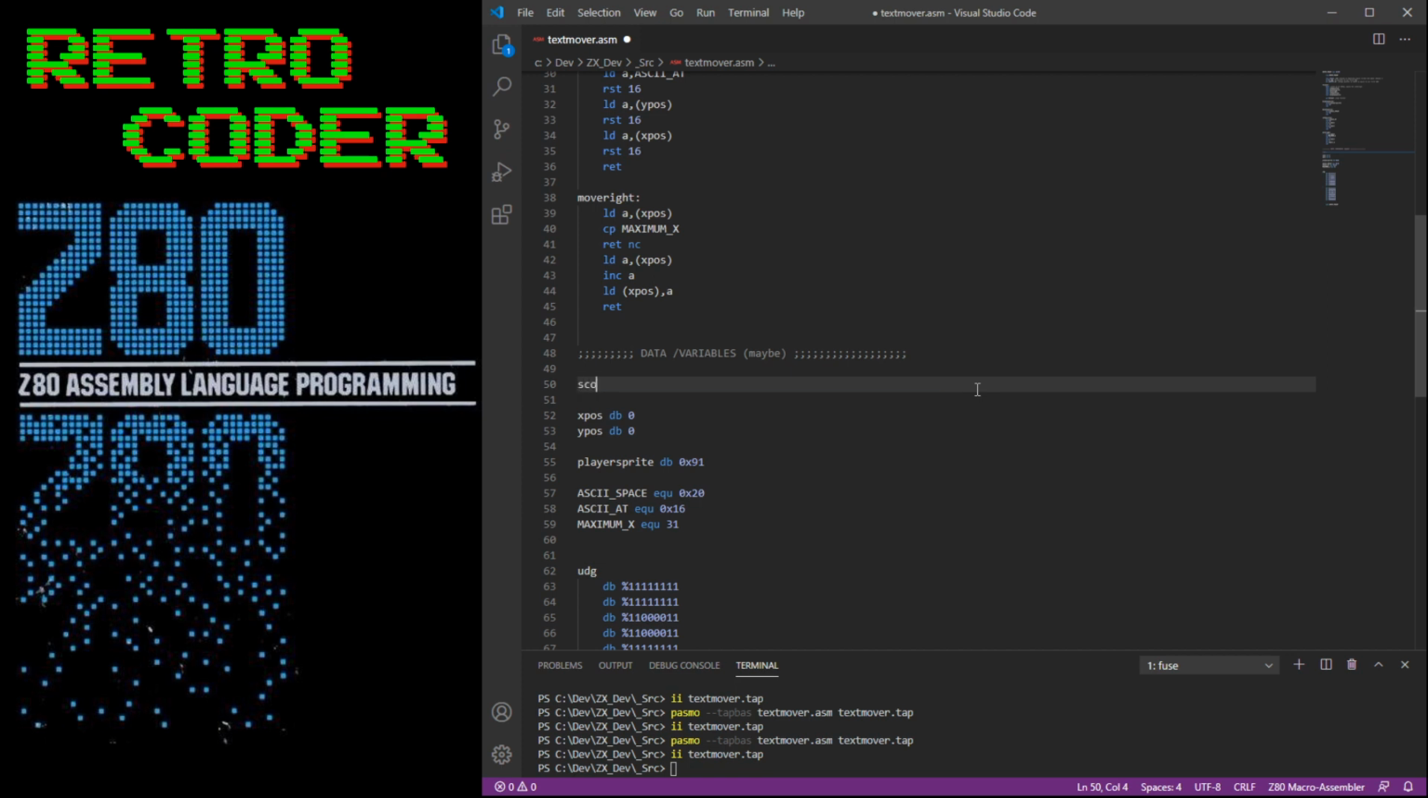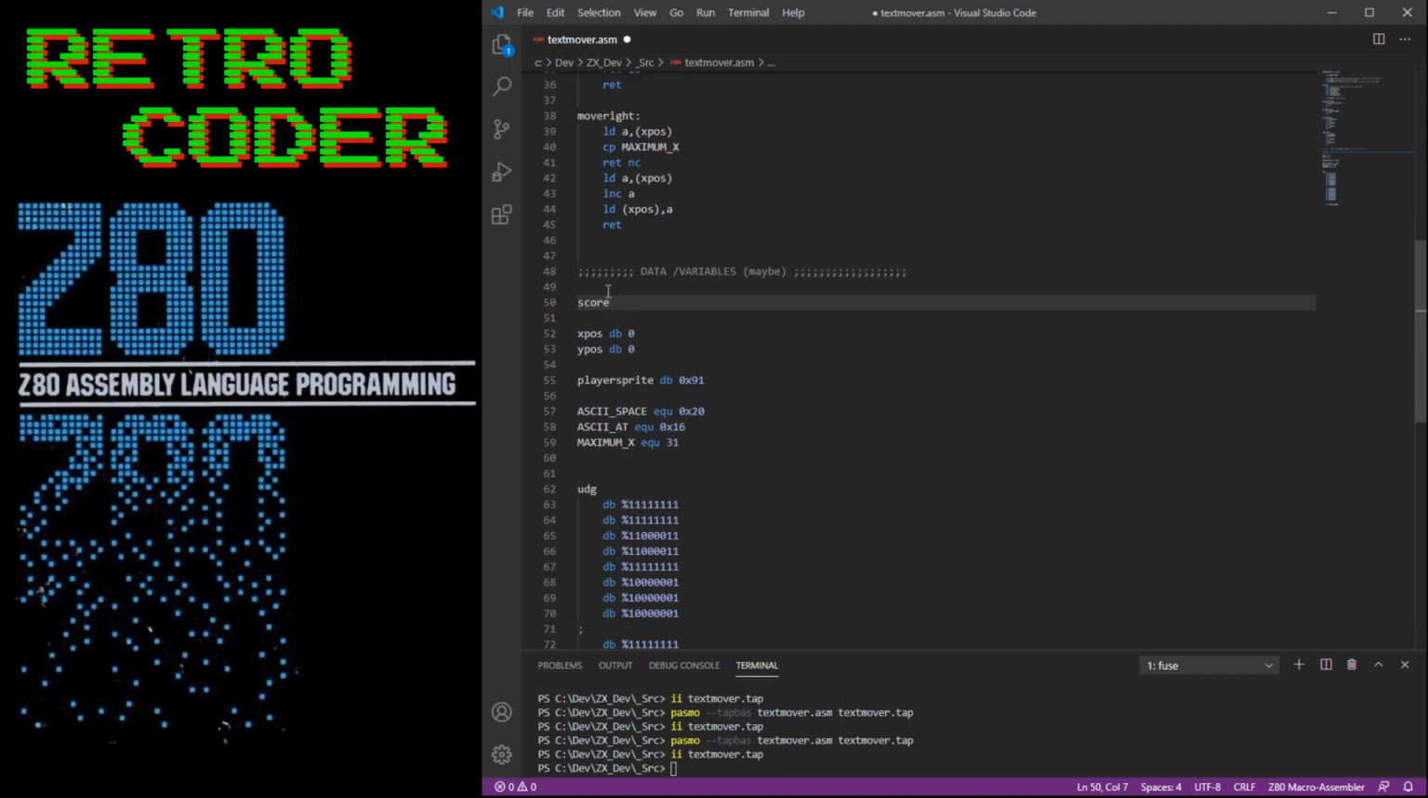So we'll do it here. Score. dB, obviously. I think I got halfway through explaining this earlier and didn't. Other than dB, there's also dW. That's defined word. Now that's a 16-bit bit of data that it's expecting. Now you can still just put 0, that's fine, but 0 is actually equal to,